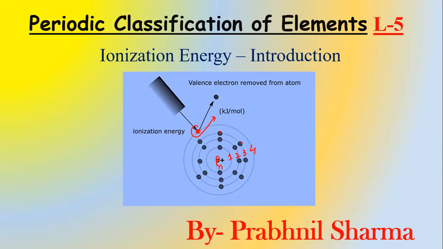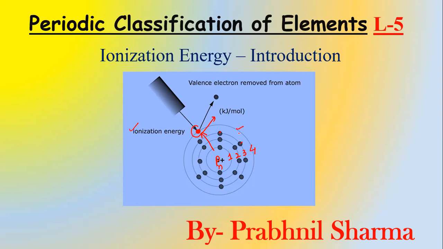And this electron is in force of attraction with the nucleus, because protons are positively charged and this electron is negatively charged. So they have a force of attraction. In order to remove that electron, I need to put a minimum amount of energy so that it can just move away. Clear? So that minimum amount of energy, which is required to remove the electron from the outermost shell, is known as ionization energy. Got it? Clear? Okay.